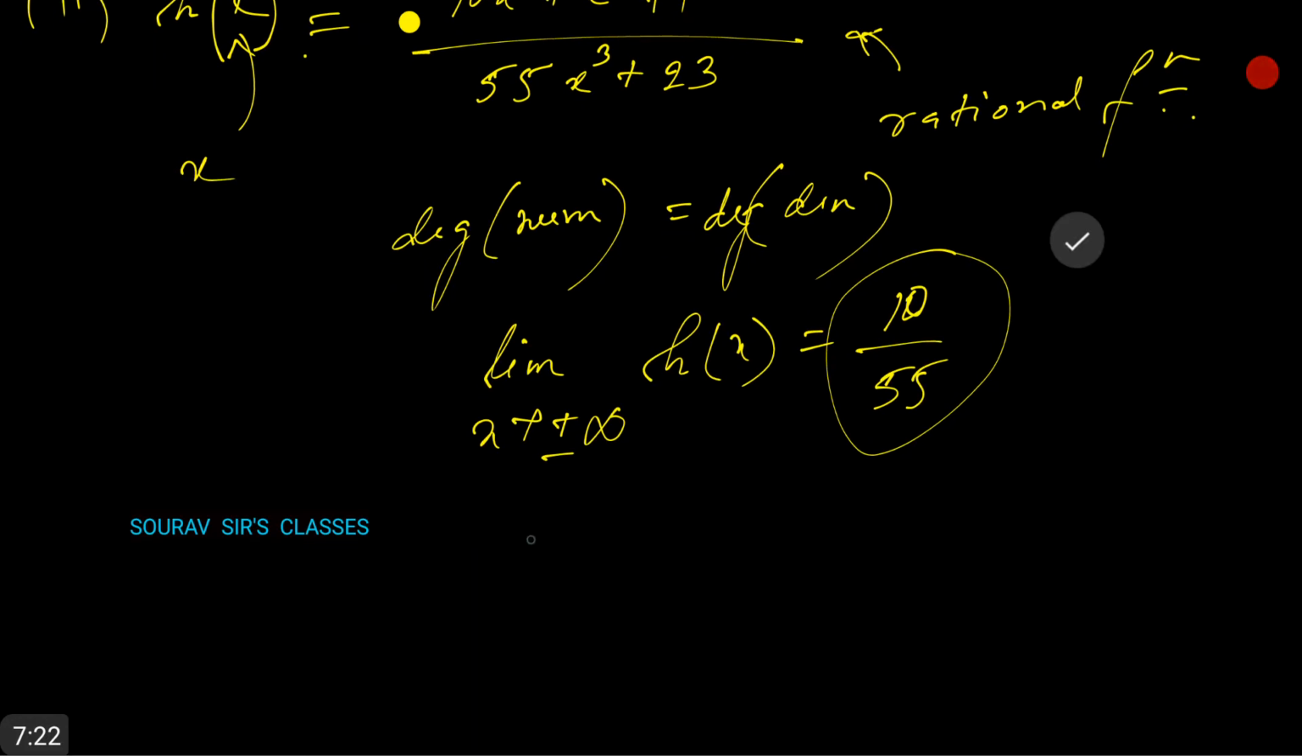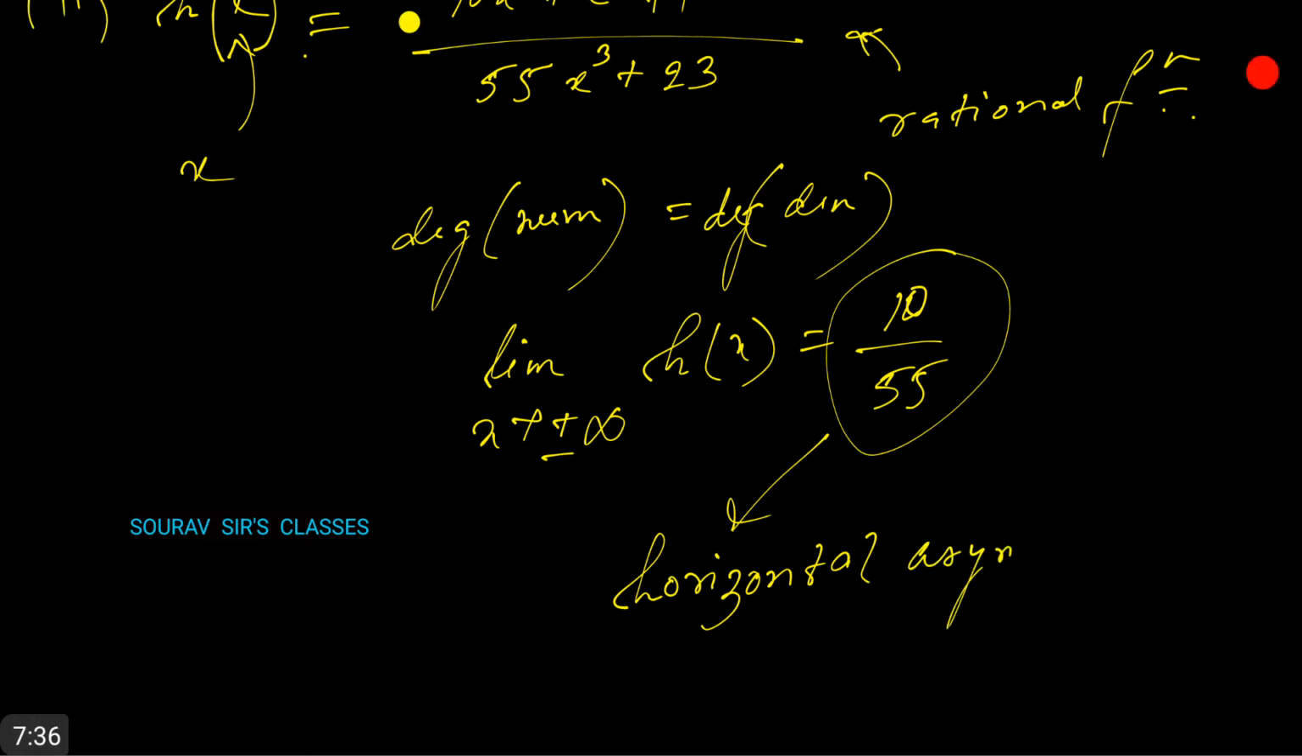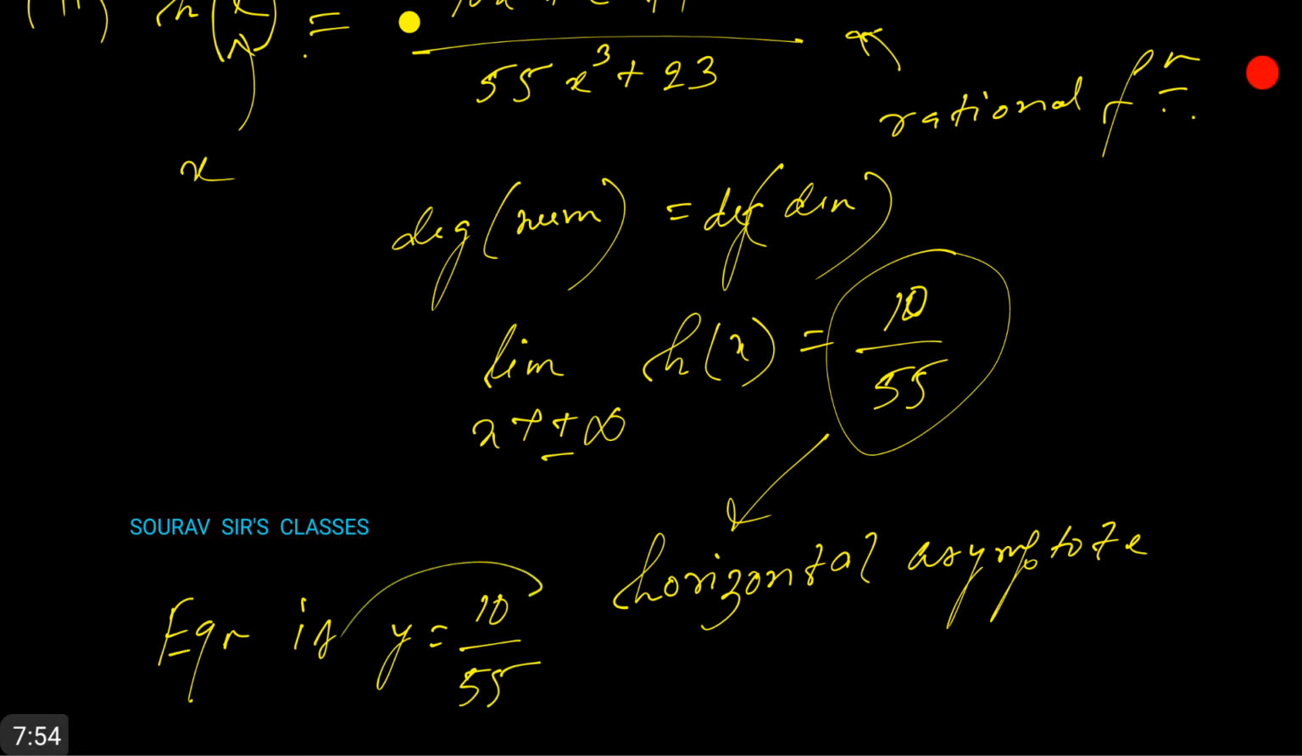And this is the horizontal asymptote, and the equation is y equals 10 by 55,